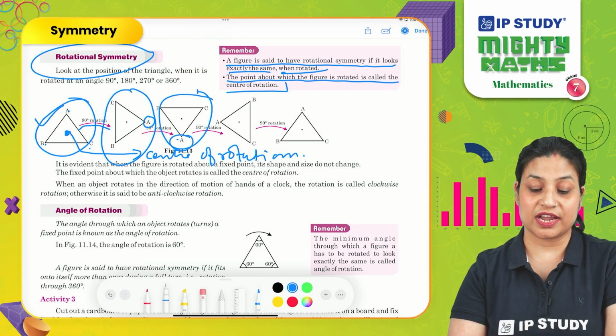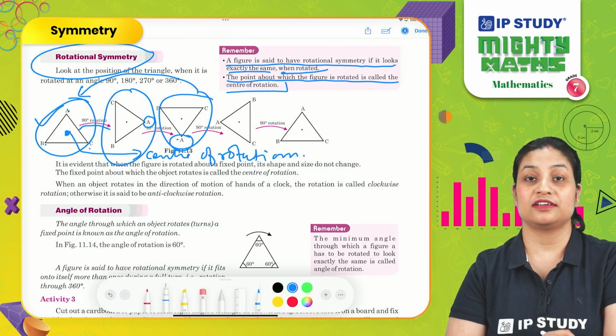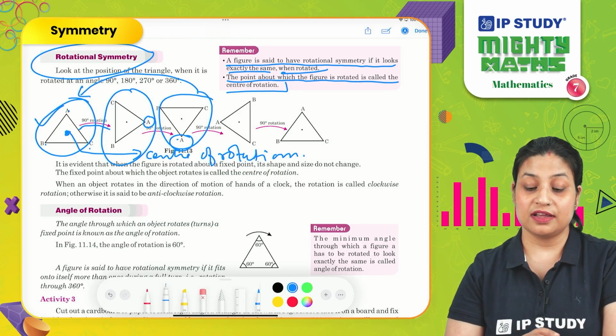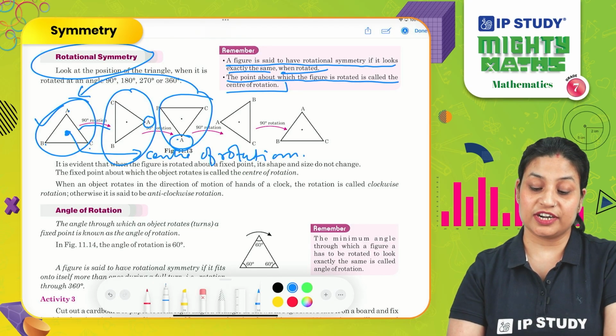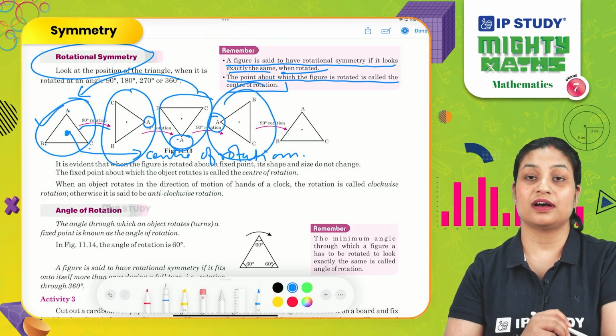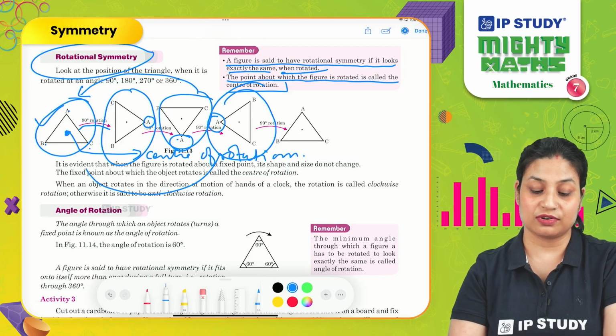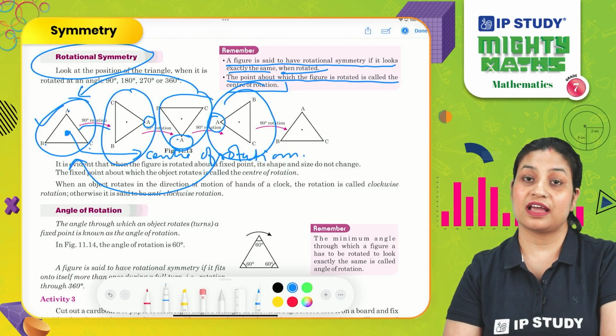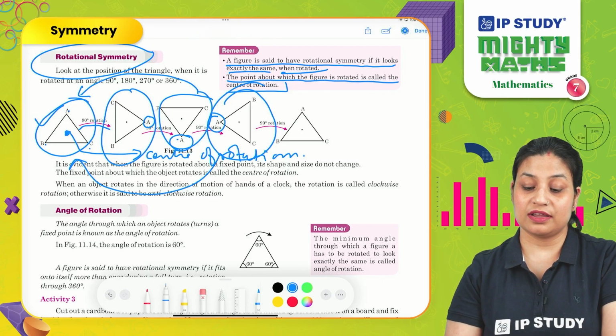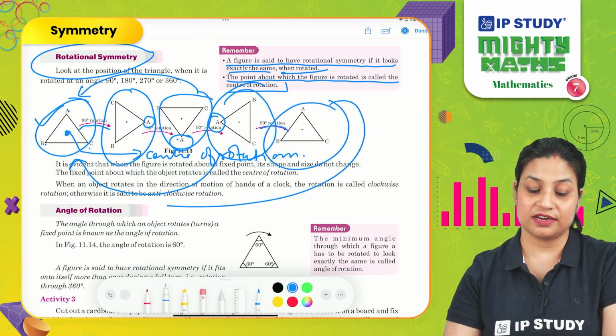Again, this triangle is not looking like the triangle I was having initially, right? Now, again I will rotate this triangle by 90 degree. Then the position of A will come here. Again, I can see this triangle is not looking exactly like the triangle I was having initially, right? Now, if I again rotate this triangle, I will have this triangle and this triangle and this triangle looking